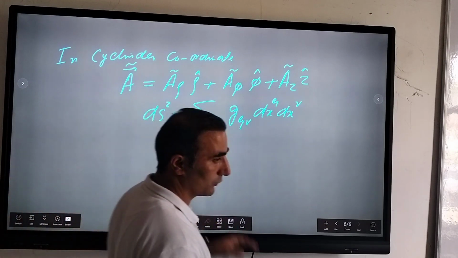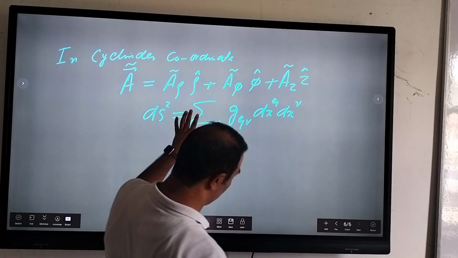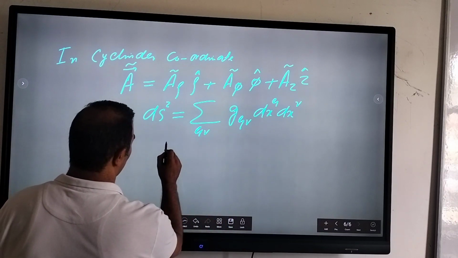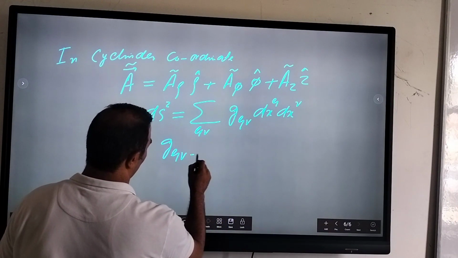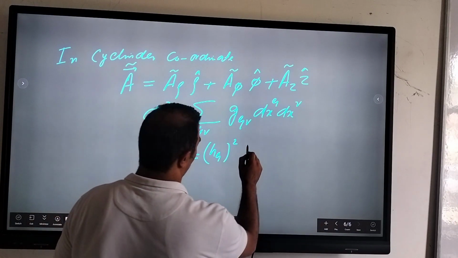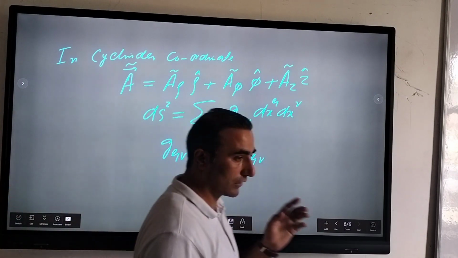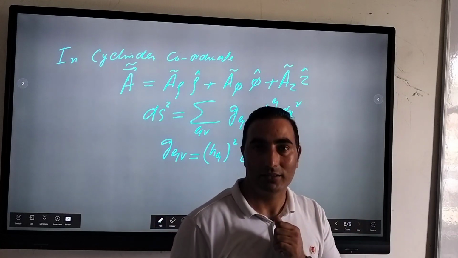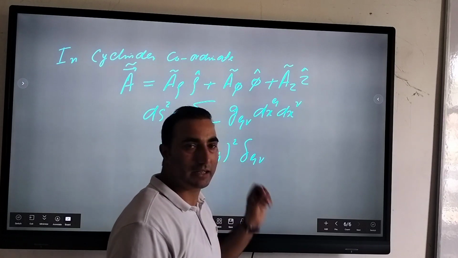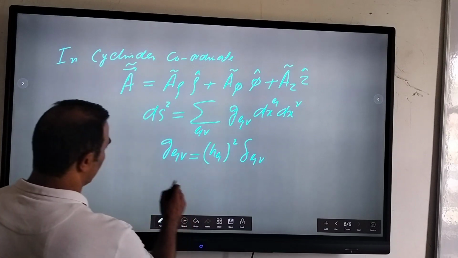Now I'm putting here summation, so that means I'm adding these indices, right? Okay. So I'm putting here summation over mu, right? Now let us define the g mu nu. So g mu nu I define as h mu square into delta, because when mu equals nu, this is h mu square. So this is the square of the length, right? It is some parameter, the dimension of length. Okay. So we can rewrite this as ds square will be equal to